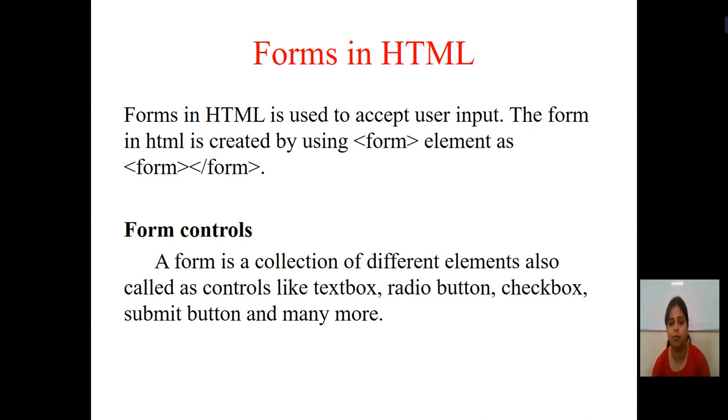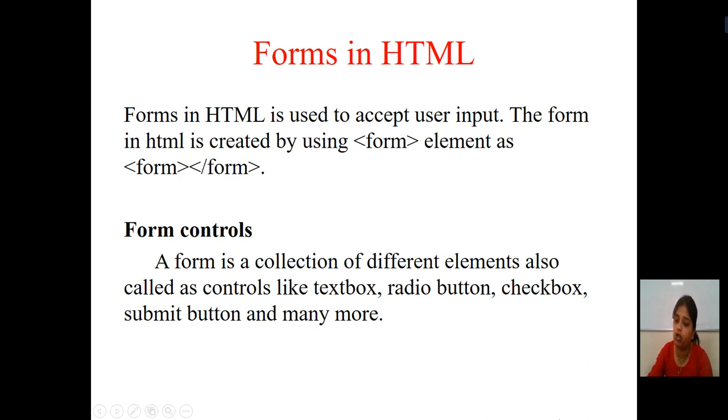Now the next point is the form controls. What are the different form controls? A form is a collection of different elements, also called controls, like the text box, radio button, checkbox, submit button, and many more. Here they have given us the collection of different types of elements used for creating your form: the text area, text box, radio button, check button, submit button, reset button, and many more.